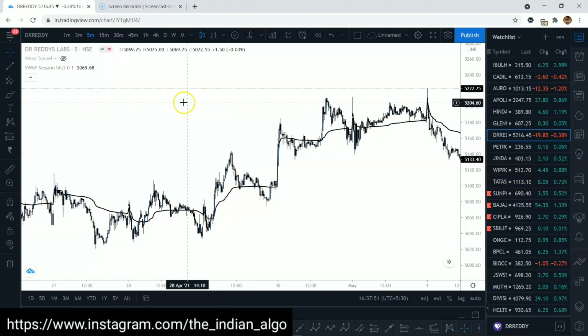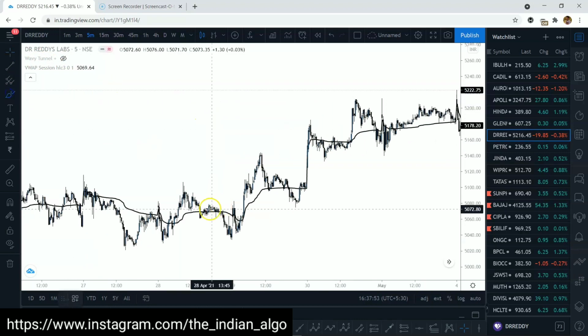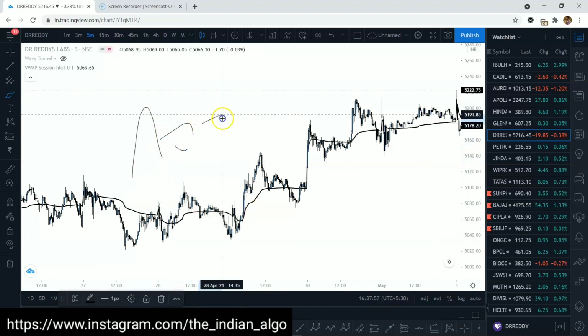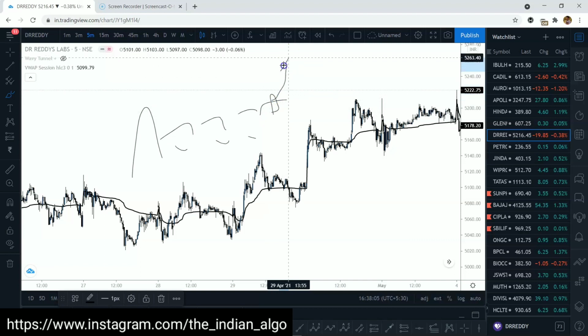If I simply tell you what I want, whenever I'm taking a trade after a volatility contraction, and as I get this contraction, at least I should be above the VWAP when I'm initiating a trade. This is what I'm supposed to be doing. I should be at least above the VWAP.